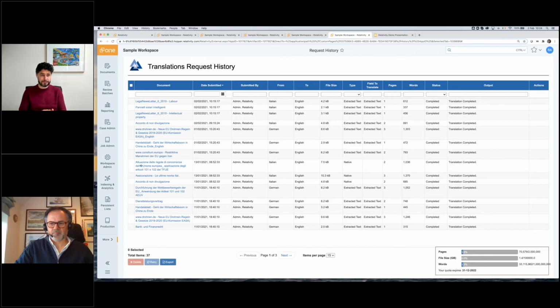We do CSVs, we do PDFs via OCR, and we translate email files, so EML and MSG. So they're the ones that are supported through native format, and in most cases, you get the same format back, with the exception being MSGs, which come back as plain text, and PDFs, which come back as Word documents. And if there isn't a file format supported that you have in native format, then the ability to translate by the extracted text is the fallback for that.